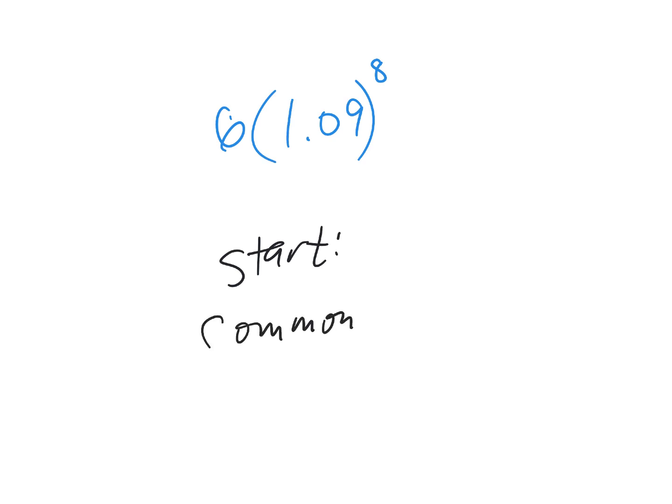6 times parentheses 1.09 end parentheses to the 8th. They could ask you what was the start amount, what was the common ratio, and how much time did it take. So I'll tell you the backstory about it. This is about,